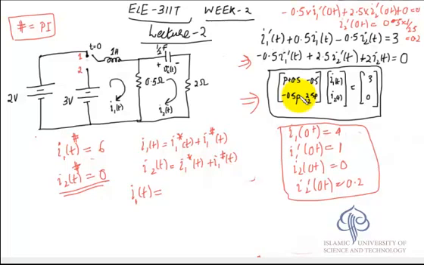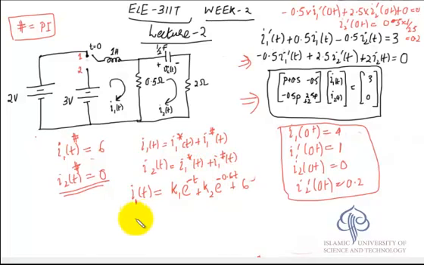So there are two roots for the system. You get a root at p equal to -1 and another root at p equal to -0.6. So you can write down k1 e to the power minus t plus k2 e to the power minus 0.6t plus the particular integral, which is 6,